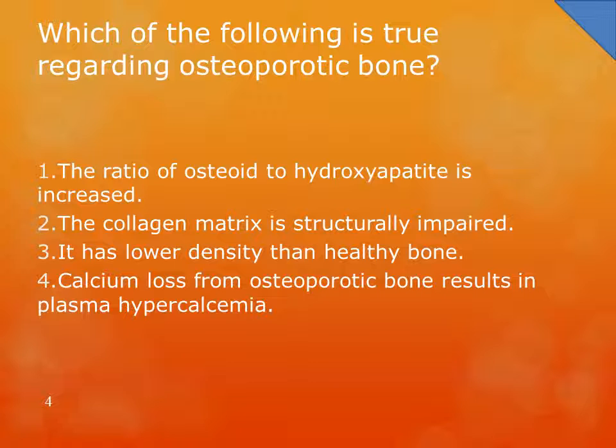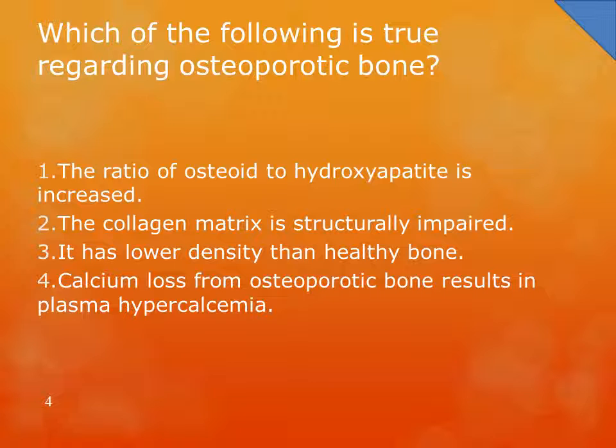Which of the following do you think is true regarding osteoporotic bone? Do you think that the ratio of osteoid to hydroxyapatite is increased? Do you think that the collagen matrix is structurally impaired? Do you think it has lower density than healthy bone? Or do you think that calcium loss from osteoporotic bone results in plasma hypercalcemia? Over the next few slides, I want you to keep this question in mind, but I'll tell you right off the bat,